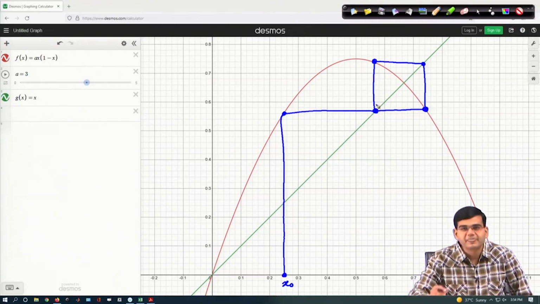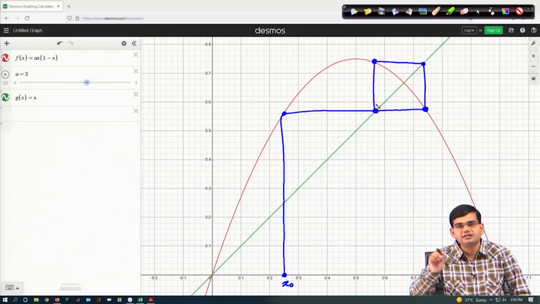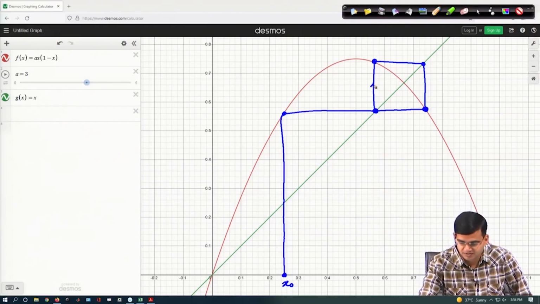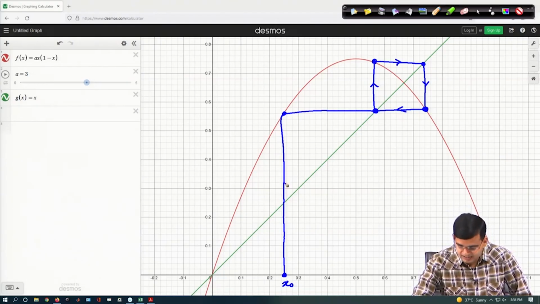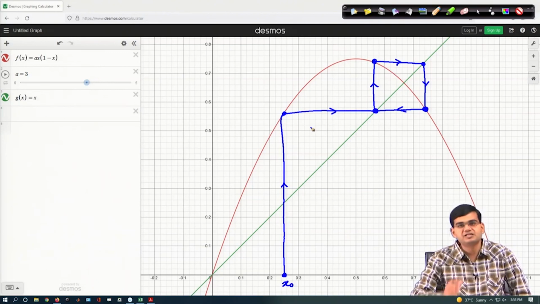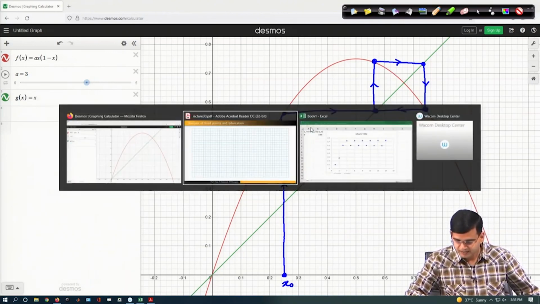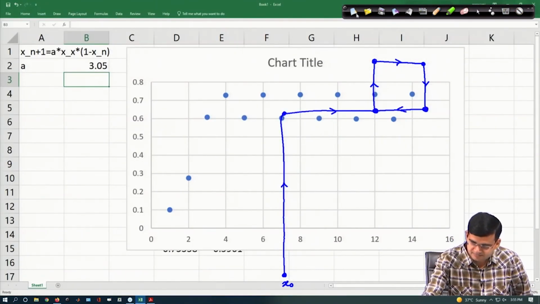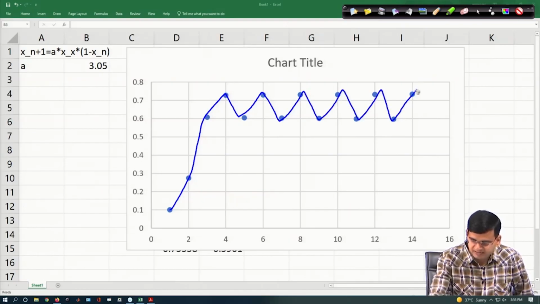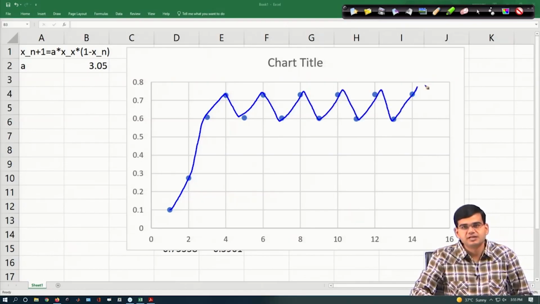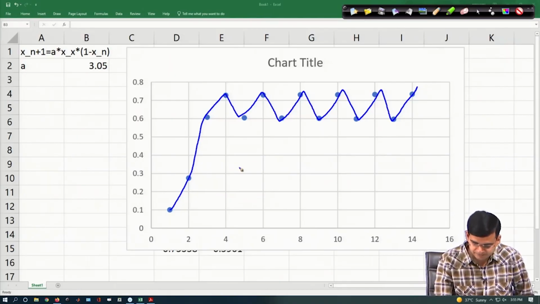Once I reach here, I keep on repeating my values inside this box, right. So, I go here, then I go here, here, here, but till I have not reached that value, there is an initial dynamics, right, and this is precisely what you see here. There is an initial dynamics, and then you keep on repeating the exact same values, and this phenomenon is called